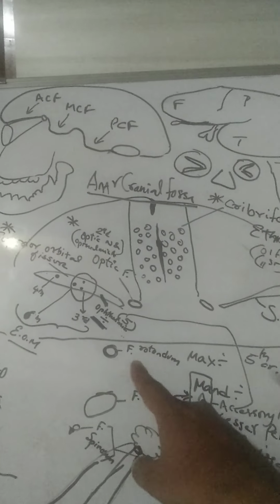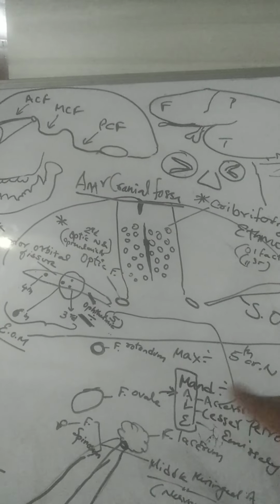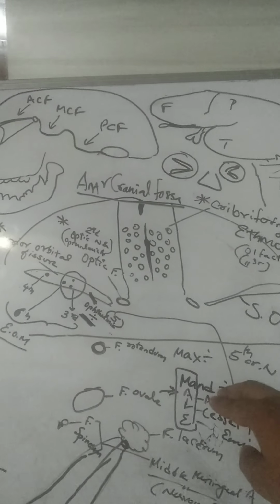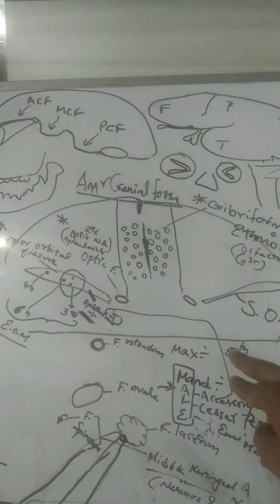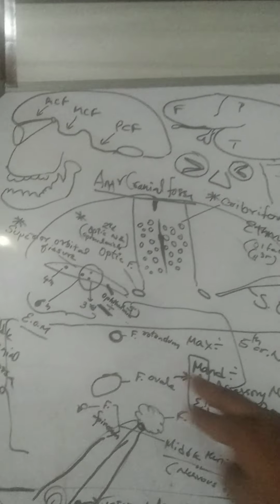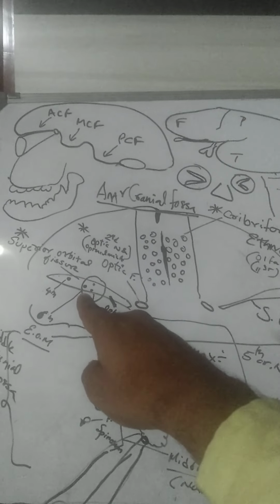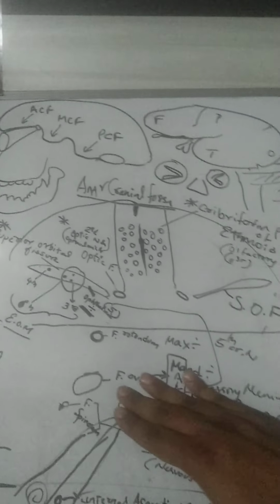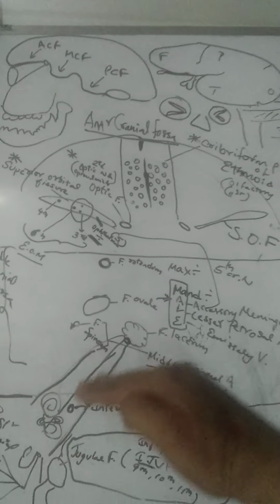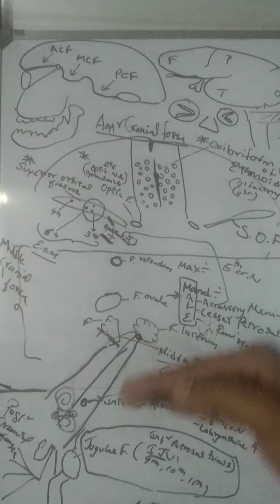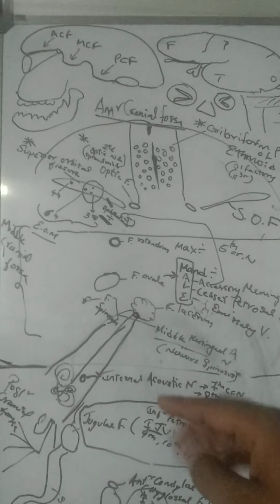Through the foramen rotundum and foramen ovale, the two other divisions of trigeminal nerve will pass, the maxillary division and the mandibular division. Okay, so we have finished till fifth cranial nerve. So sixth is over here, which supplies the lateral rectus muscle of the eyeball, which helps in abduction. So sixth is over till here. So from here onwards, posterior cranial fossa will be there. So first 6 cranial nerves in the anterior and middle cranial fossa. Next 6 cranial nerves in the posterior cranial fossa.